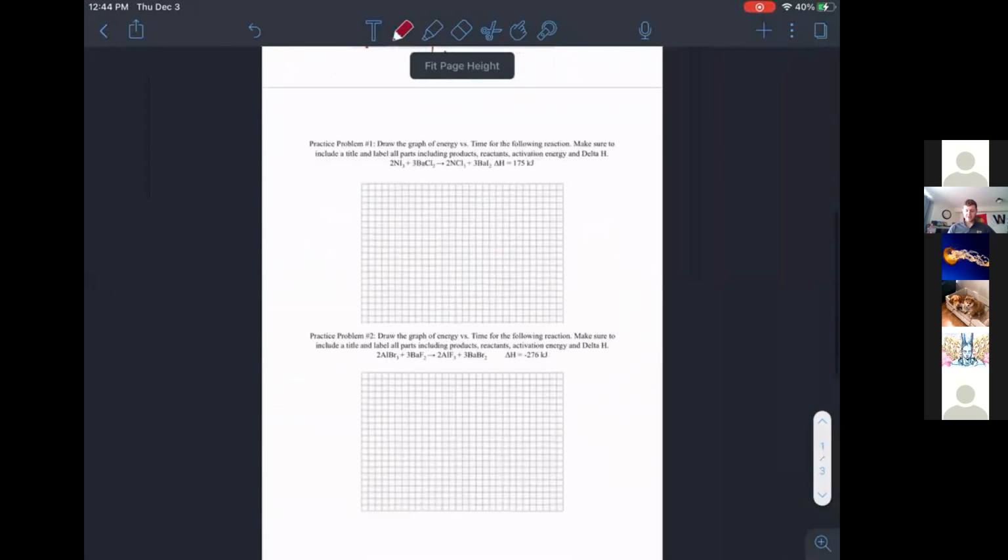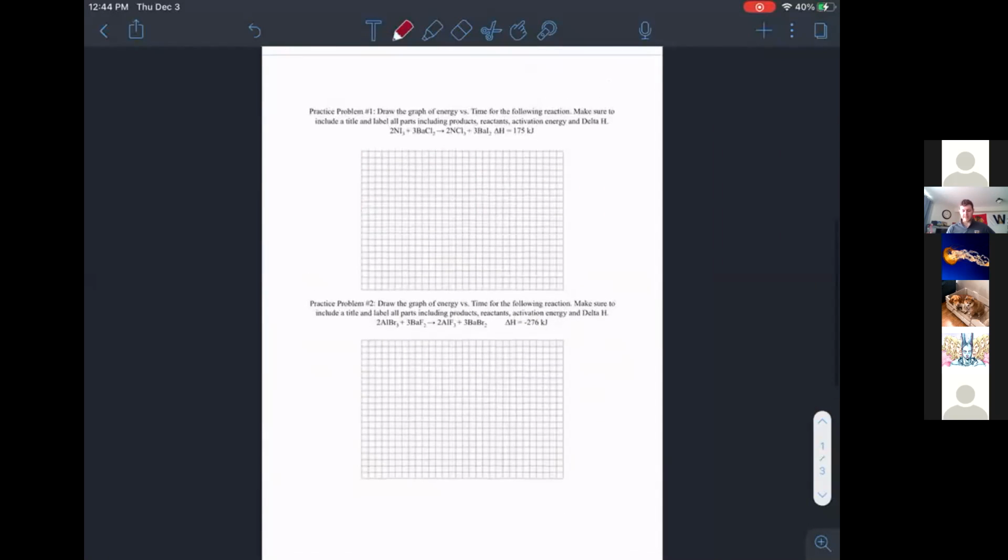All right, guys, then you have two more practice problems, practice problem 1 and practice problem 2. Go ahead and do those two problems. You do not have to stay to complete those two problems. So if you're leaving, have a good rest of your day. If you're staying and if you have questions,